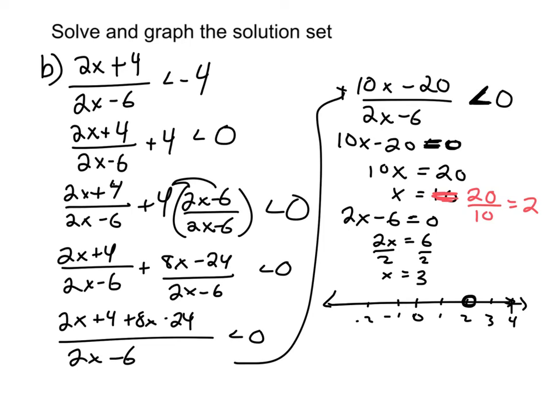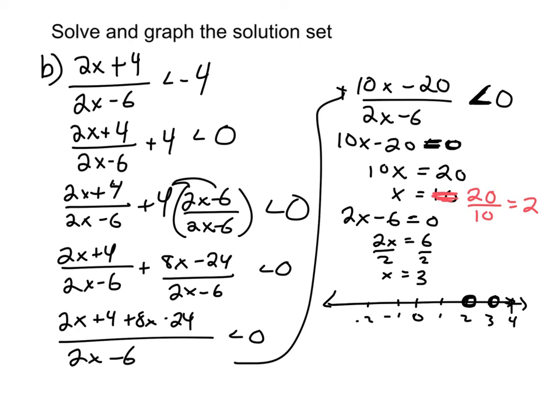And when x equals 2, this left-hand side equals 0, okay? So that's why I have the open circle there. And then at 3, I also have an open circle. And that's because the left-hand side is undefined when x equals 3. Okay, so now I just need to plug in some test points to find when the left-hand side is